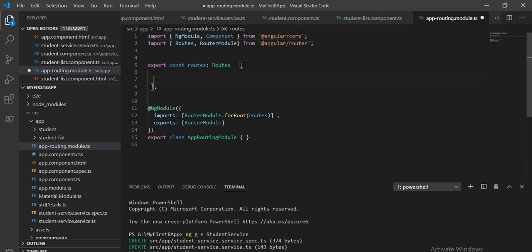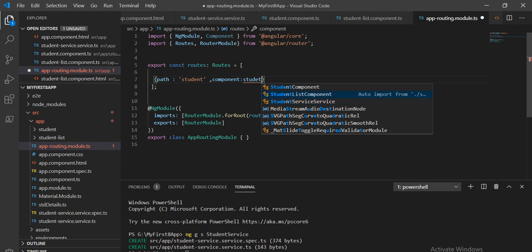We define path, and we have to give the path name, like student I will give, because if anyone clicks on this student, it should show that respective component. So comma and component, which component will it show? It will show the student component.